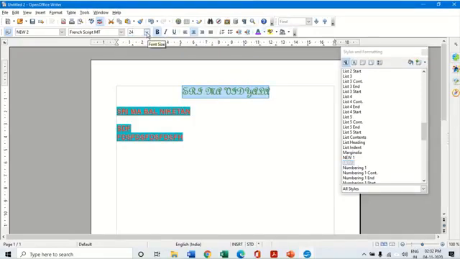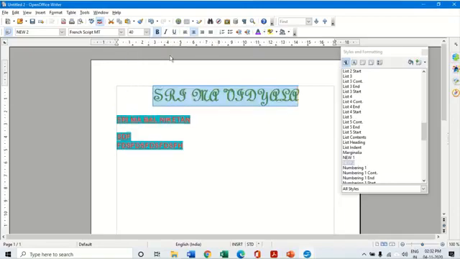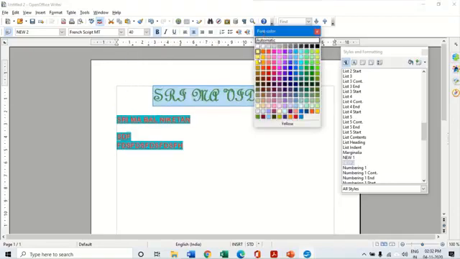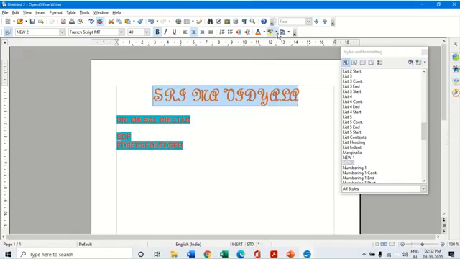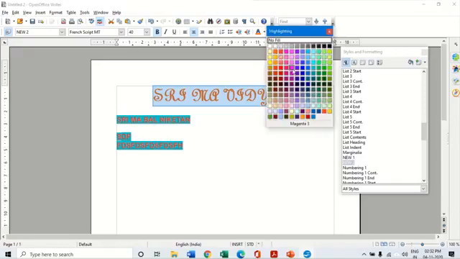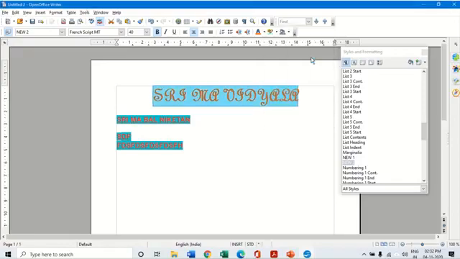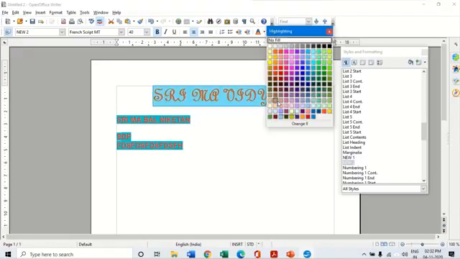So I'm going to make a few changes to this. Let me make it size 40, and I'm going to change the font style and make it orange color with a highlighting of pink or blue, or some other color highlighting, and I have made the changes